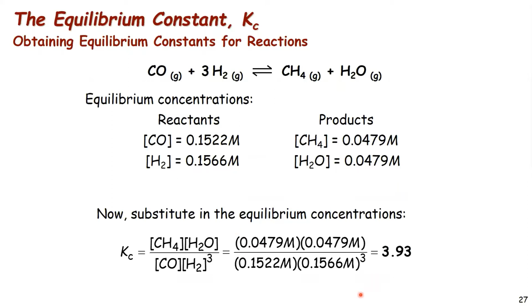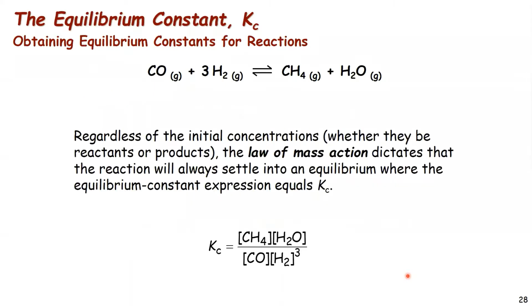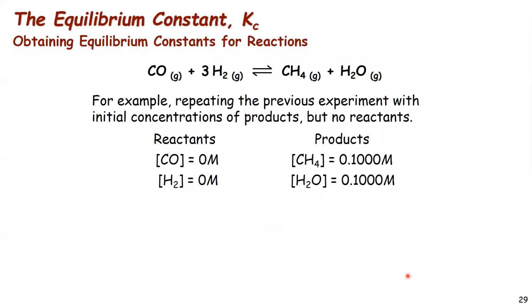And then we plugged those in and we came up with our equilibrium constant of 3.93. Okay, so we had to do the experiment originally, but now that we know this equilibrium constant under these particular conditions, this number is never going to change. Here we can show this. Let's do a second experiment. So again, we're going to go into the lab, we're going to do a second experiment. Okay, this time,